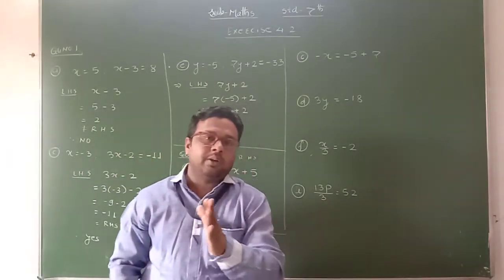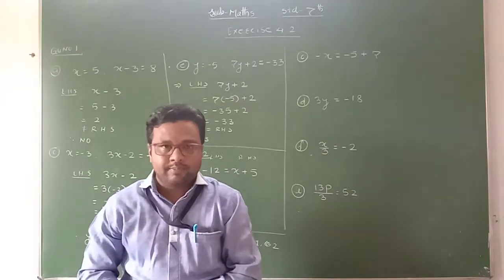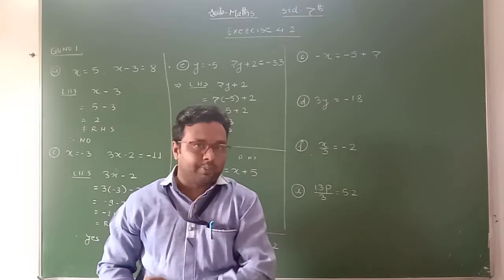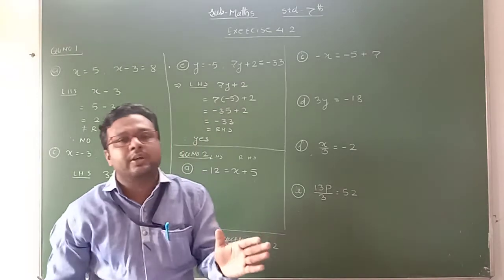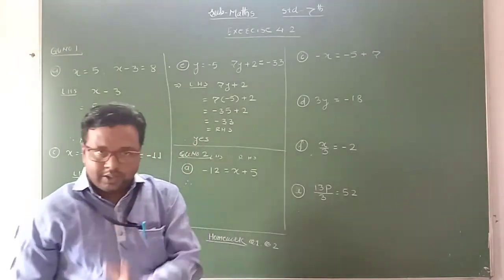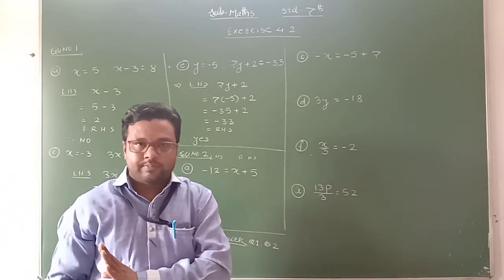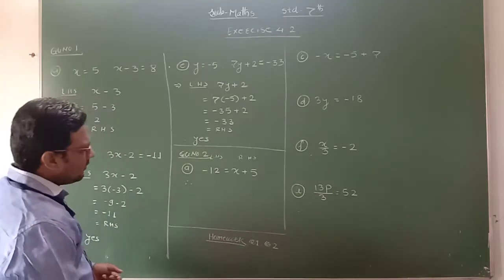When we transfer the numbers or the variable from one side to the other side of the equal sign, you have to change. If it is in addition, then it will come in subtraction. Addition, plus becomes minus, minus becomes plus, multiplication to division and division to multiplication. Okay, this rule here we use to solve the equation.